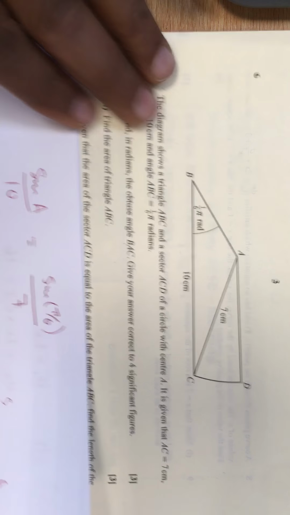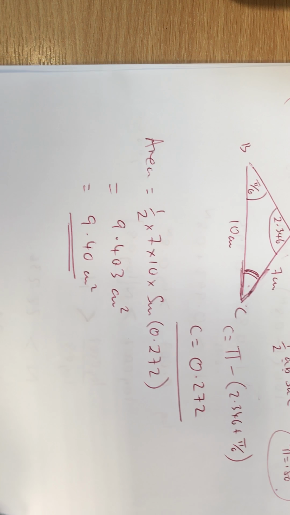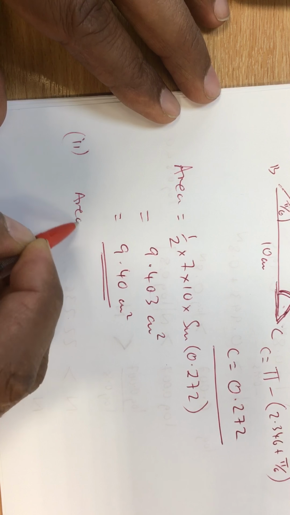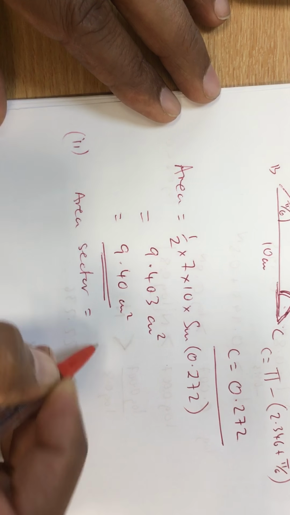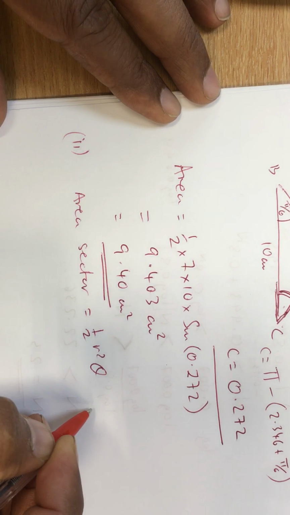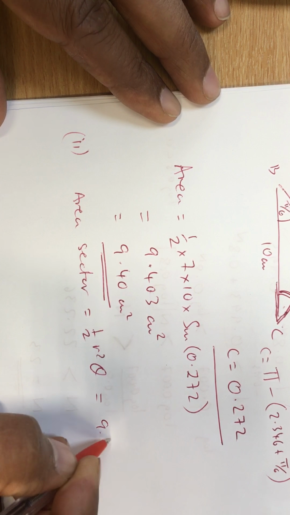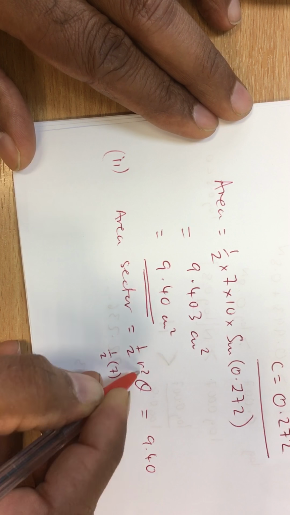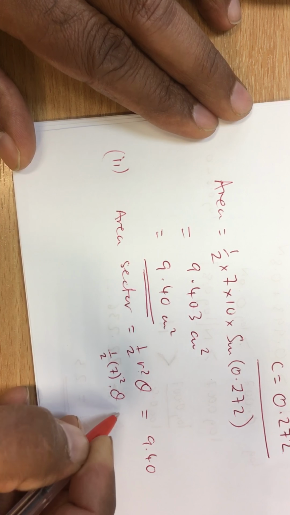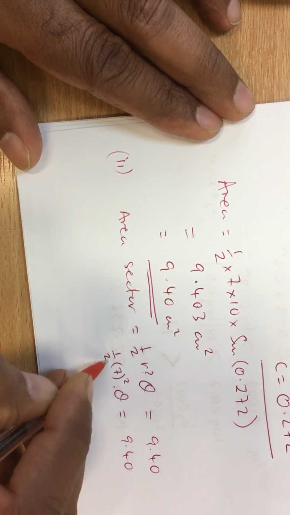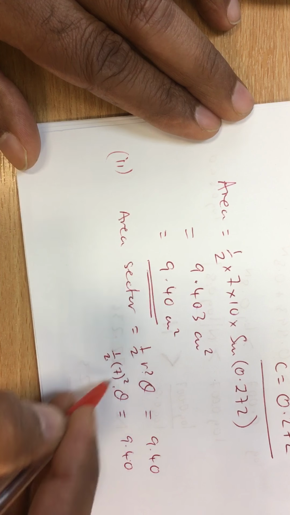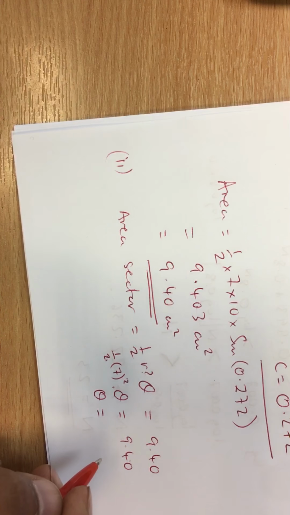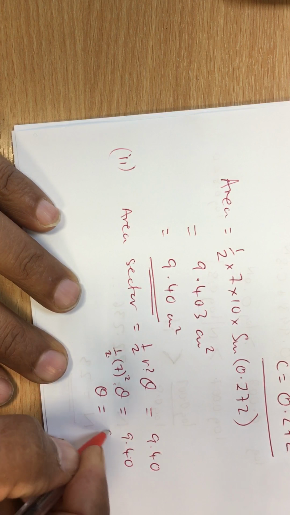So if we just quickly go up, let's just have a look at this, part 3. Now, first of all, area of sector, you should know, is half r squared theta, and I know that area is going to equal 9.40. I also know that radius is 7, squared, and I need to find what theta is. Simple rearrangement, double that, take the 2 up by doubling it, then divide by 7 squared, which is 49. So theta, once you do those calculations on your calculator, will give you